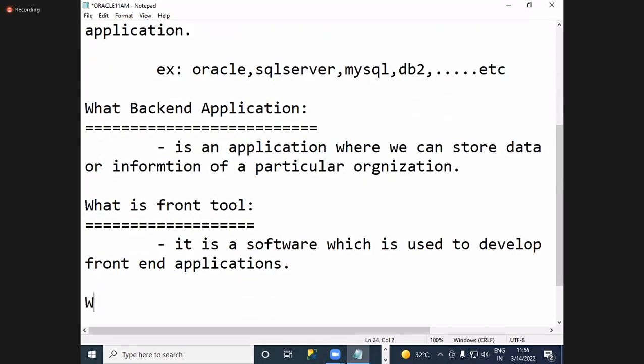The next question will come to you: what is a front end application, for example?